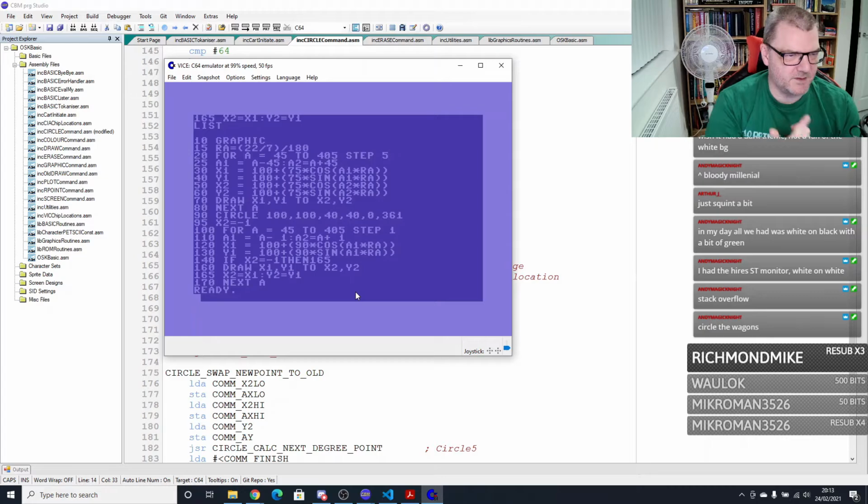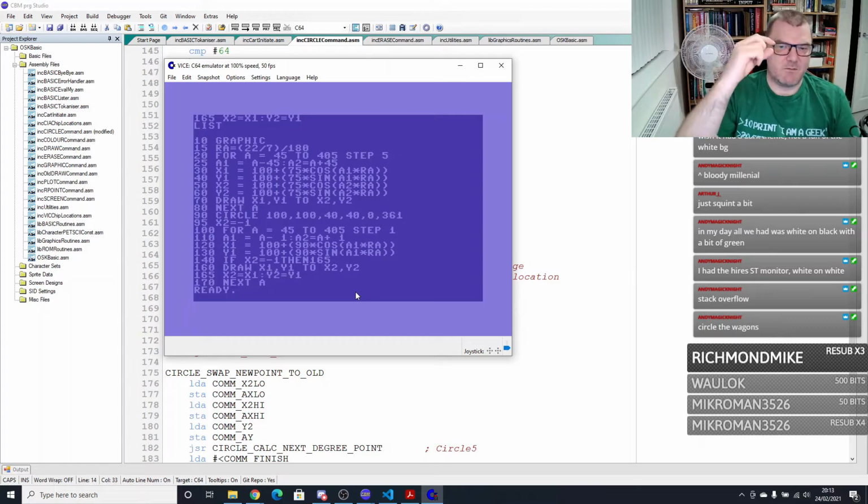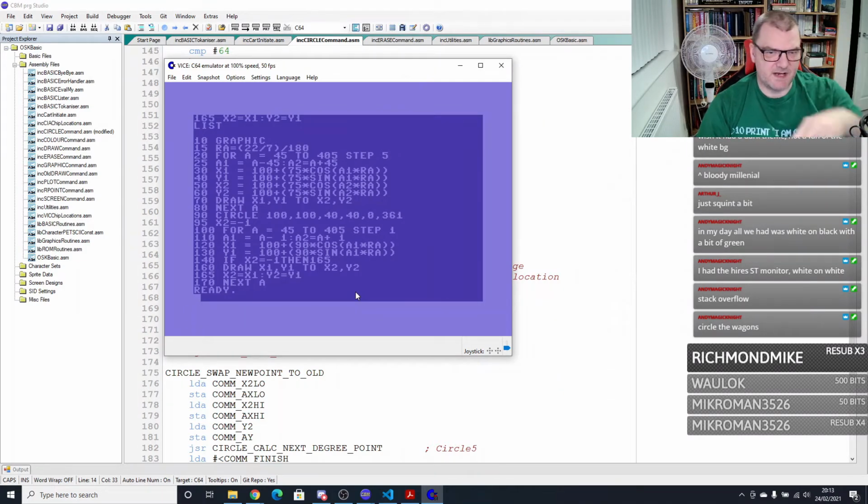It works out the first point. Because it's the first point, it doesn't work out the second point. It runs around, does a skip. Then it works out the second point, but it does the skip and then moves the new point into the old point. Then it goes around again and works out the next point. Right? So we are going to go into